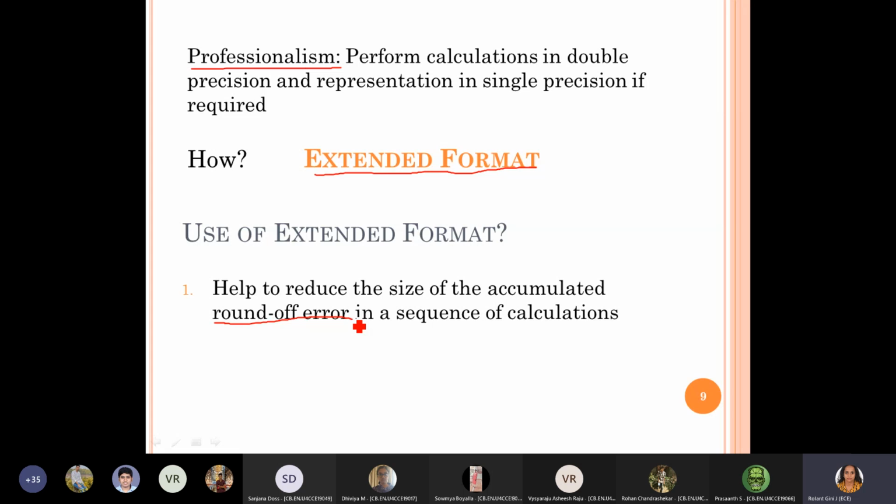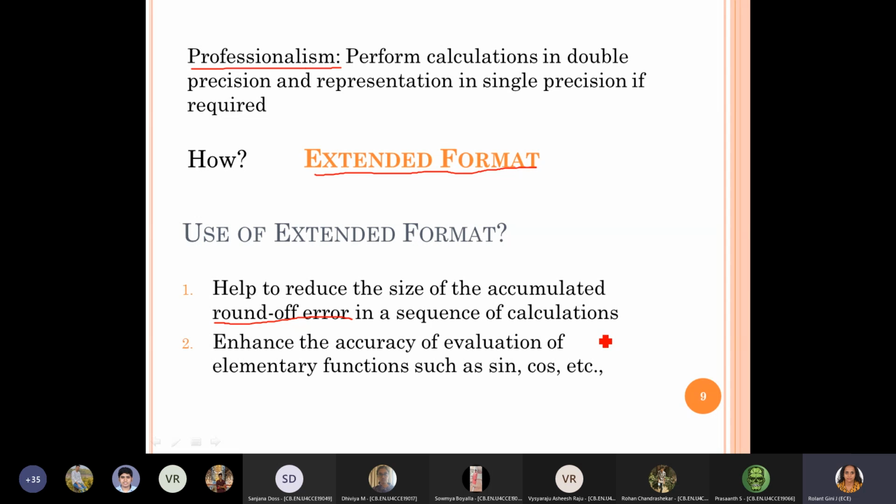We make it a 32-bit, but when we multiply two 32-bit numbers, we know the result is going to be 64-bit, but your end result you are supposed to give only in 32-bit. That means that much error is introduced there. At every stage when error is introduced like this, the accumulated error percentage will be very huge at the end, but this extended format naturally reduces the error percentage introduced. That's one advantage, and it naturally enhances the accuracy of your evaluation.